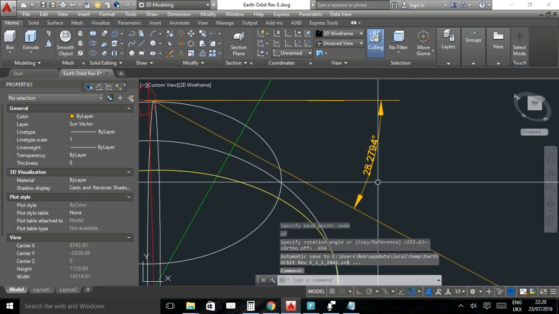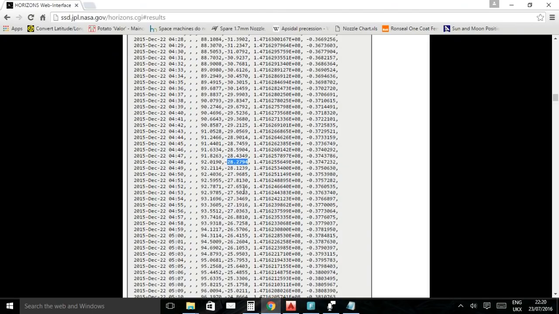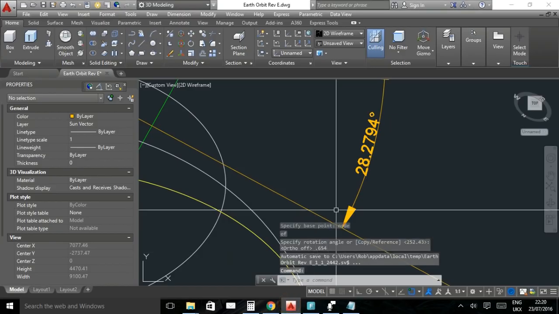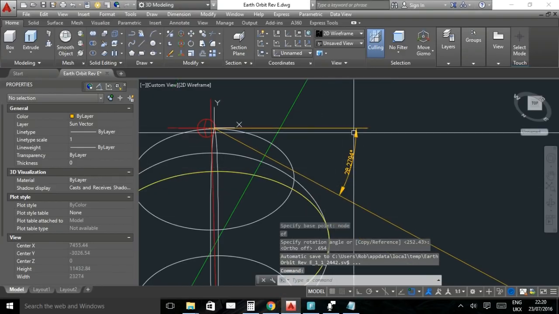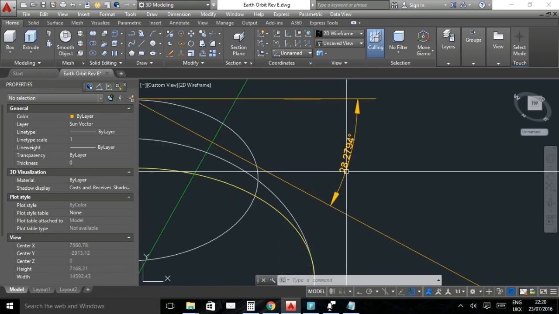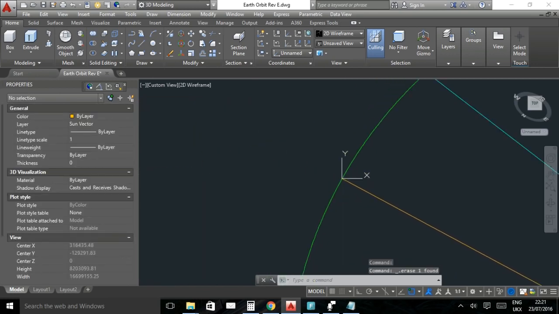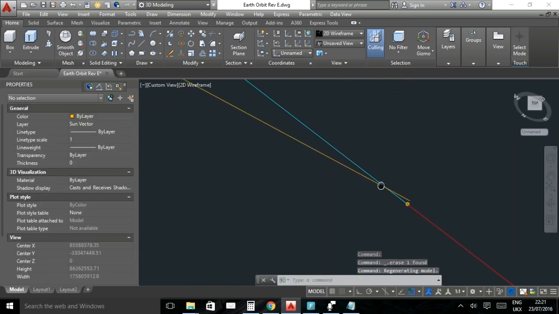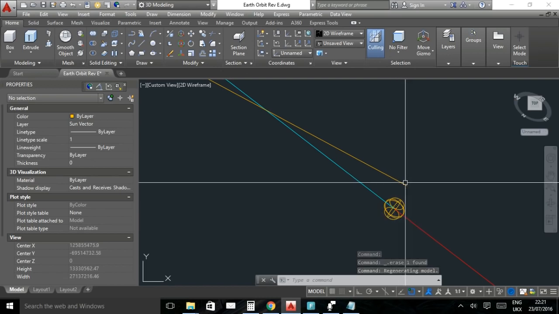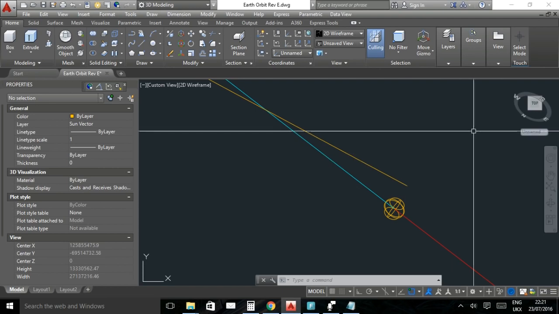As you can see it has automatically updated it to 28.2794. It's obviously minus, and that's the way we're drawing it, downwards, not upwards. So now we've done that, let's just delete that dimension, and what we're going to do is move. You can see how far it's moved, and obviously the sun is a lot bigger than the Earth, so we're going to move